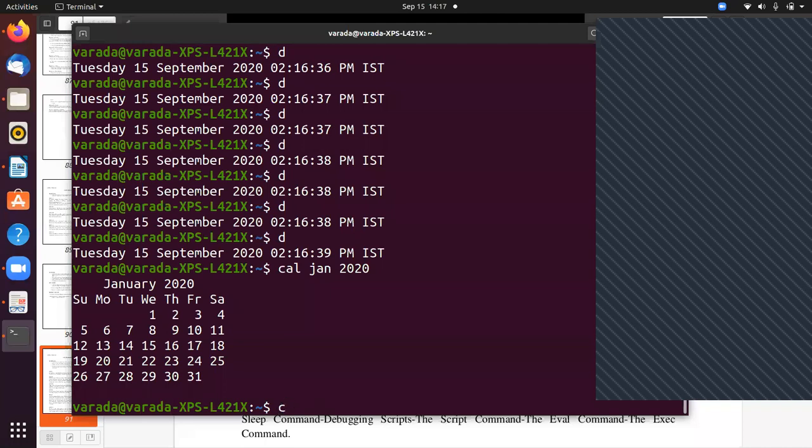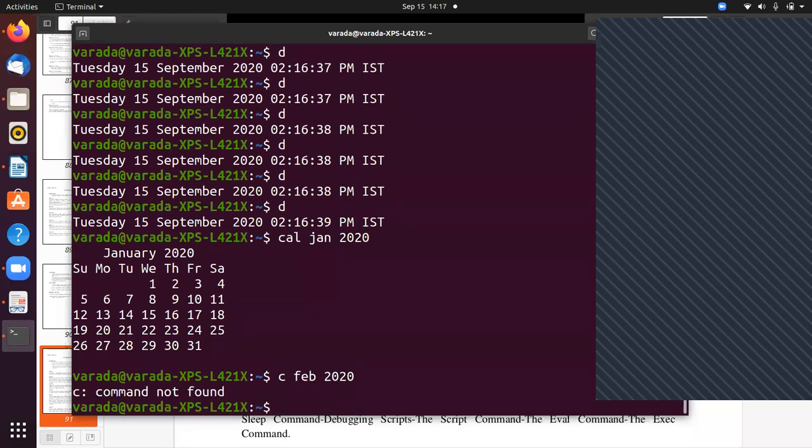When I give c, space, a number, feb and 2020, it prints the calendar for February 2020. If I give c AUG 2018, it prints August 2018. Now you can try to write this and send your document to the mail provided to you earlier.